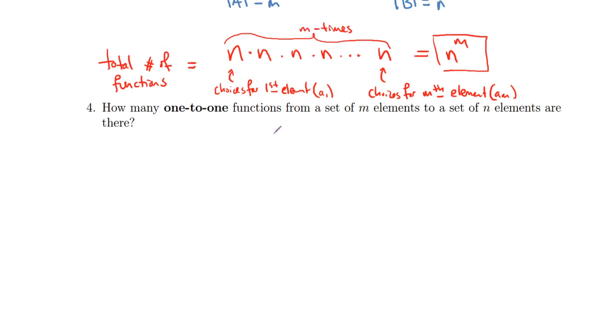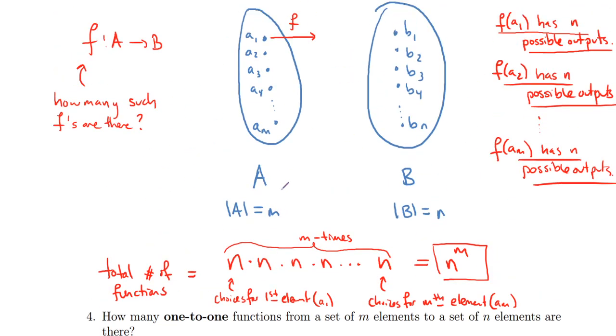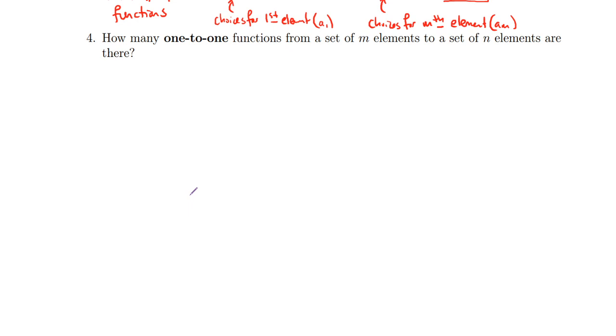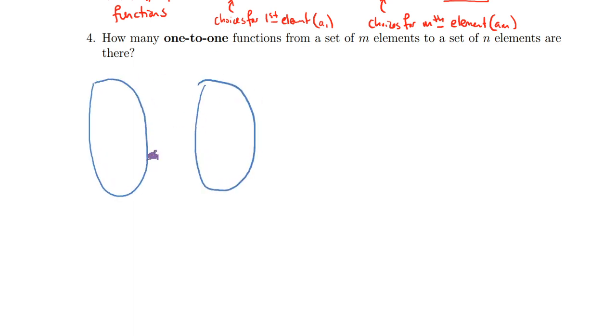Okay, now what if we ask the same question, but we add an additional restriction here? So how many one-to-one functions from a set of m elements to a set of n elements are there? Okay, so looking at this picture again, I'm going to have the same thing, but let me draw this a little bit. You'll see that this additional restriction here will give you